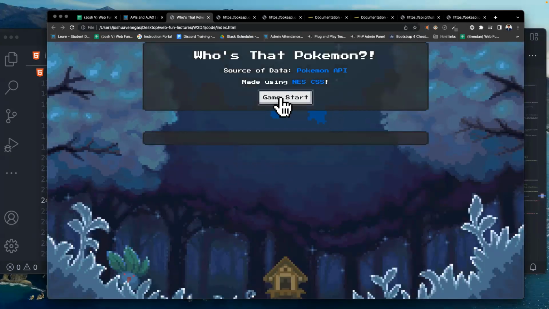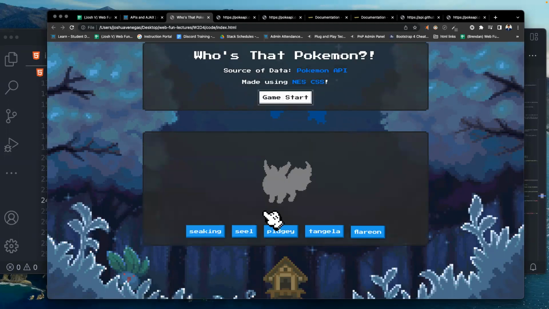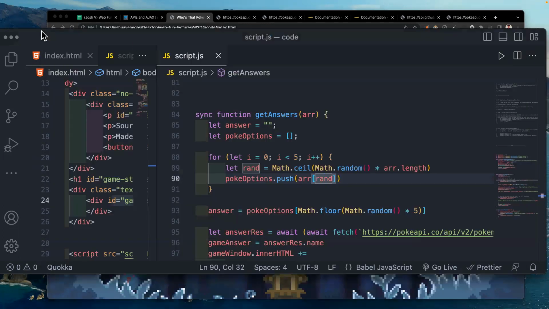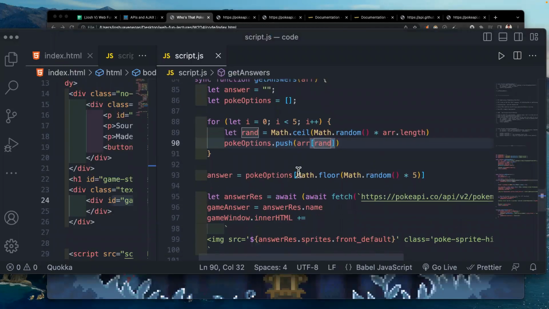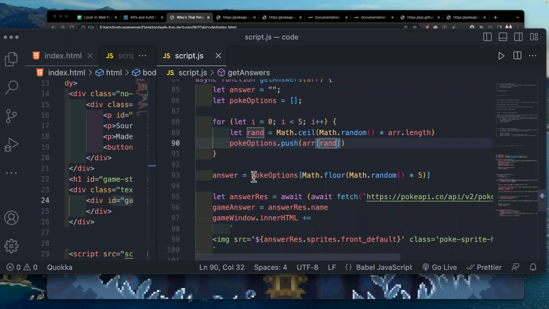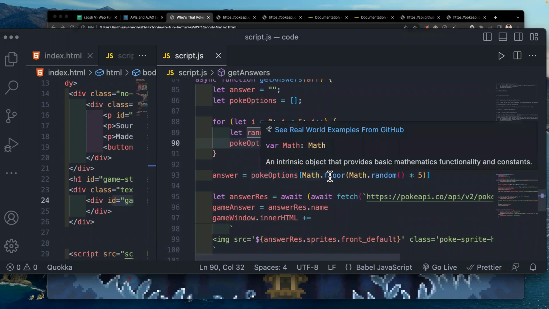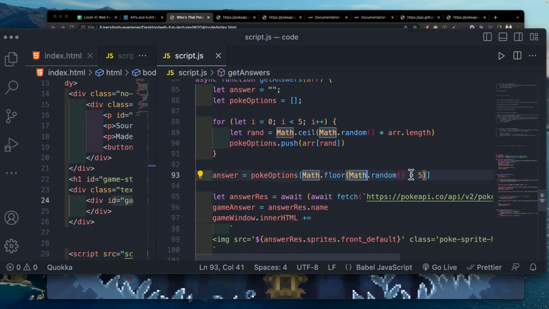That's how we're able to get, let's refresh it, 5 random Pokemon names out of all the 151 that I'm calling from. And then the answer is going to actually be out of these options in the array, math.floor, math.random times 5.